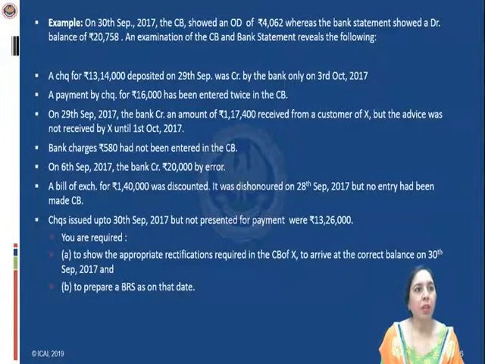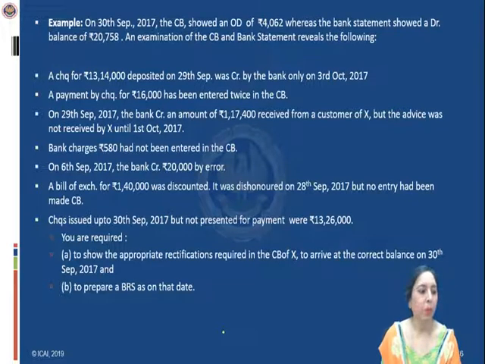Here is another example. Now into this example, you will see that cash book balance is to be adjusted. First adjusted cash book is to be made. Afterwards the BRS is to be made. So we will recall that when the adjusted cash book is to be made, what all items are to be adjusted in the cash book and what all items are to be taken to the BRS for making the correct BRS and correct cash book. While keeping all those points into mind, you can easily do the adjusted cash book first and then take the balance from the adjusted cash book in order to make the correct bank reconciliation statement.